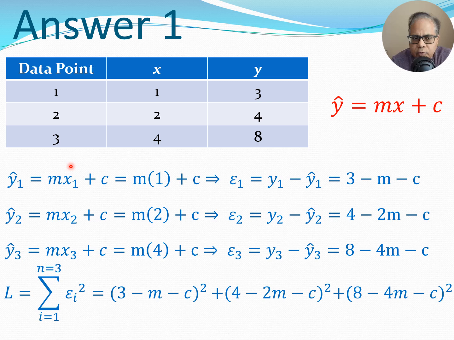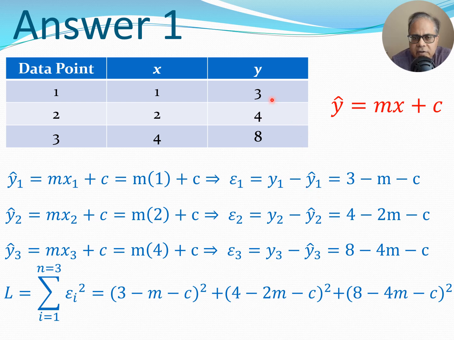So what we are going to do is, for each of these equations, we are going to plug in a point and then get three equations here. So let's start with point number 1. So I get y hat 1 is mx1 plus c, and x1 is 1. So I substitute that here. I get m into 1 plus c, and then I can actually calculate epsilon 1, which is y1 minus y1